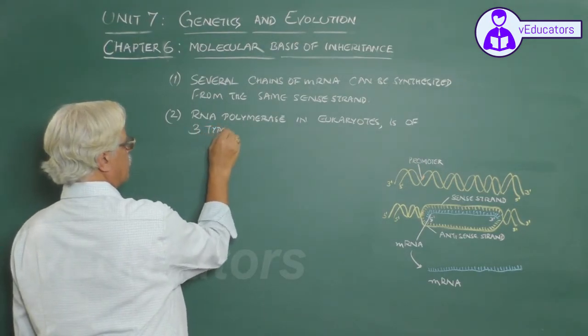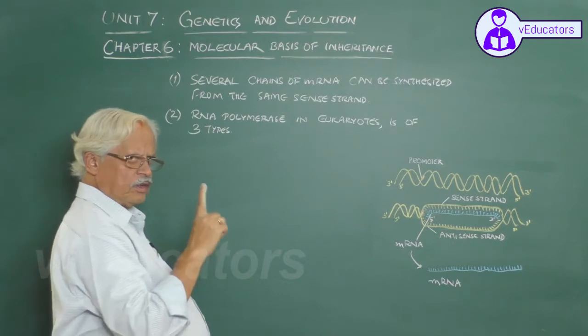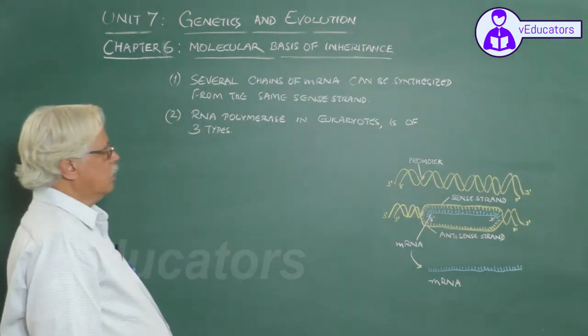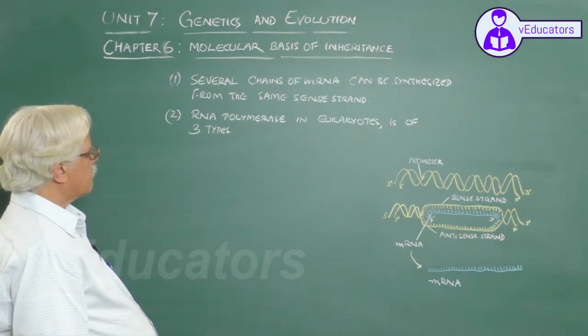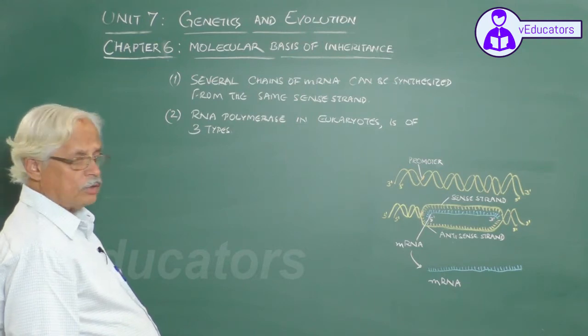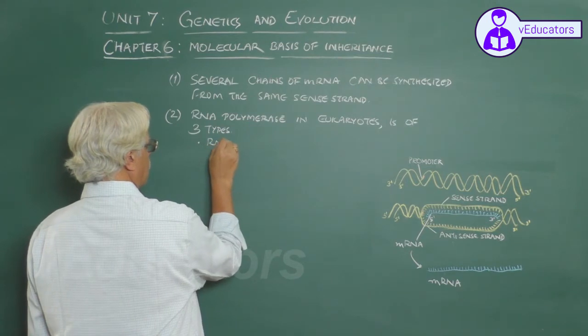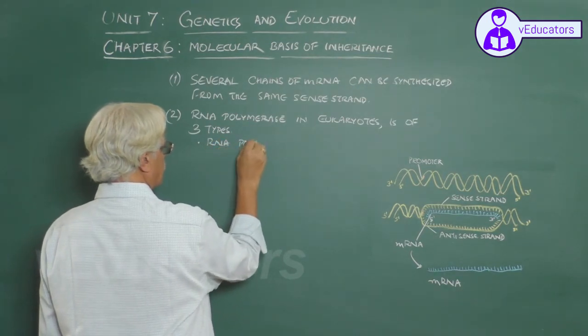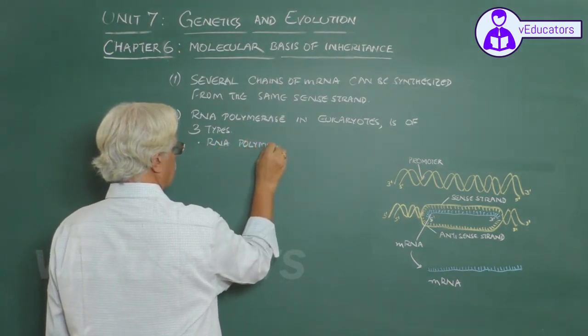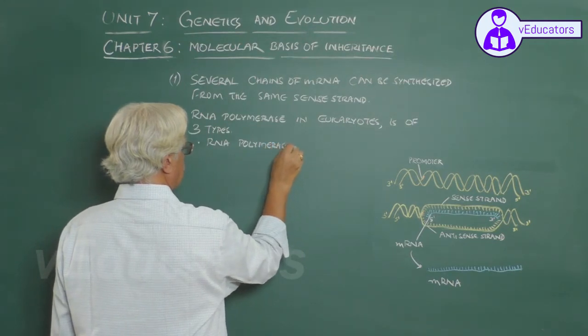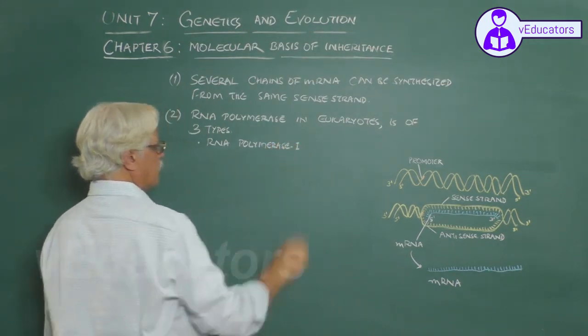In prokaryotes, only one type of RNA polymerase is formed, but in eukaryotes, three types of RNA polymerase: RNA polymerase 1, RNA polymerase 1